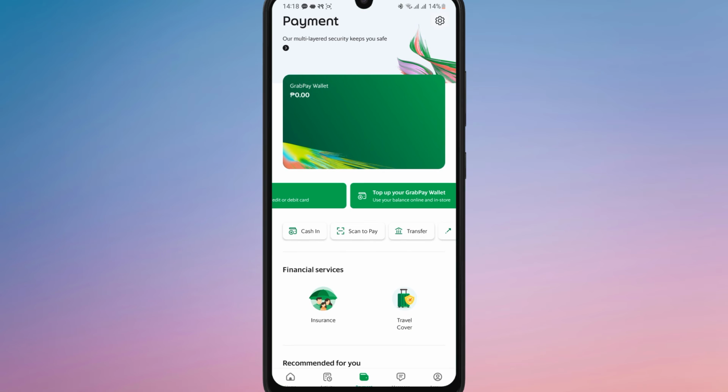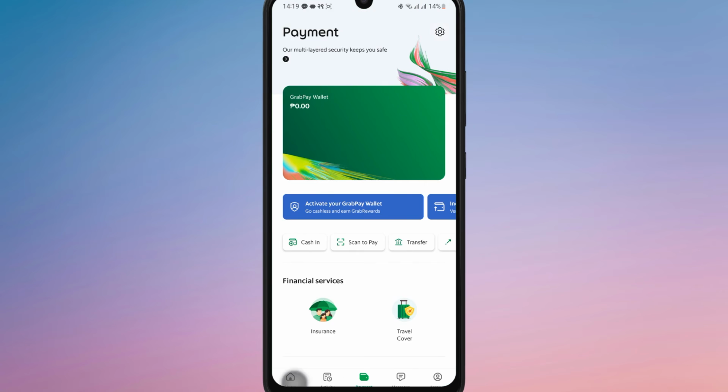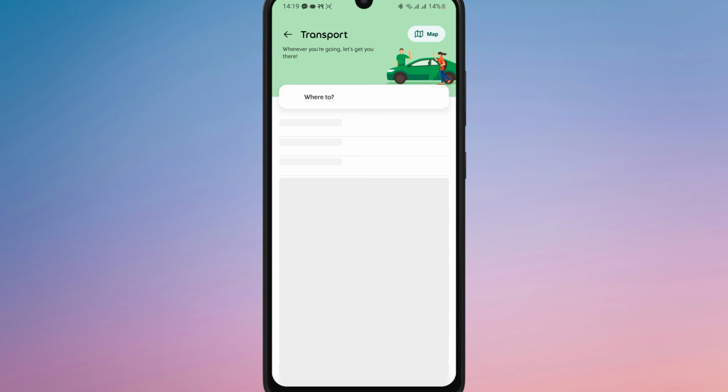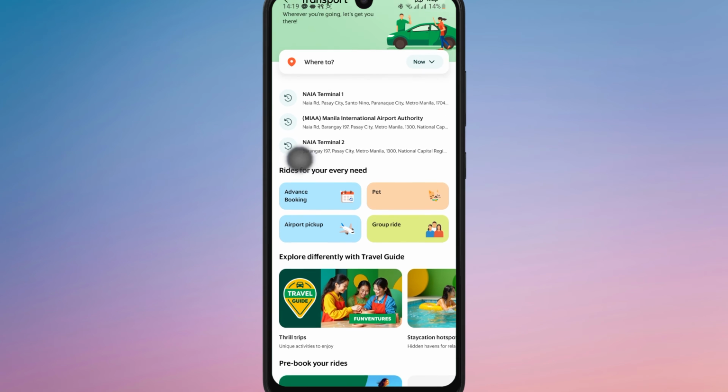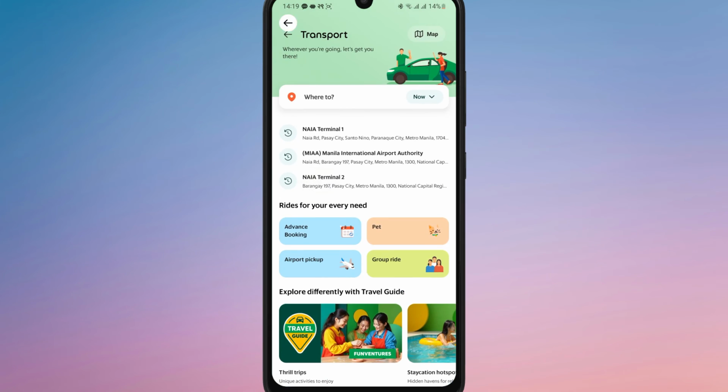Now, once you are set up, you can start using Grab for rides, deliveries, or even other services. When booking a ride, ensure the pickup location is accurate as Grab uses your GPS location to find nearby drivers. You will also have an option to choose from different vehicle types depending on your preference and the available options